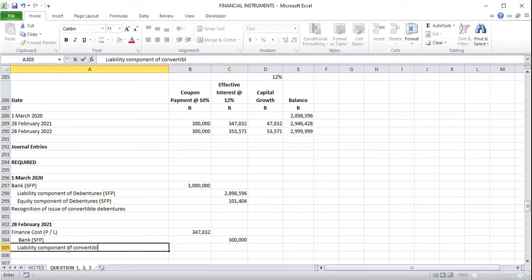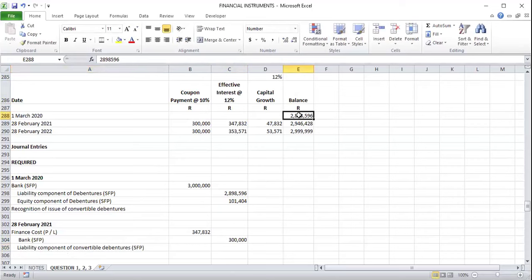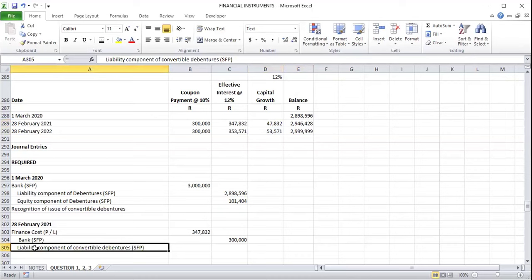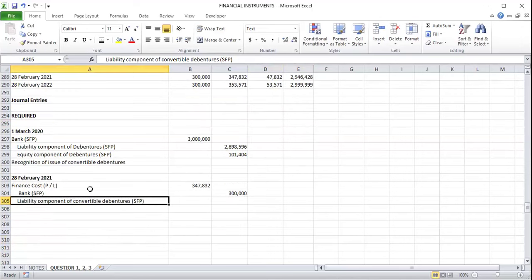You should note that the liability component can also be debited. If our PV was more than the FV, then this could have been a repayment of the liability. So this one was going to be a debit. So whenever our PV is more than FV, the liability component will be debited, as we will be repaying. Right, then we do the same